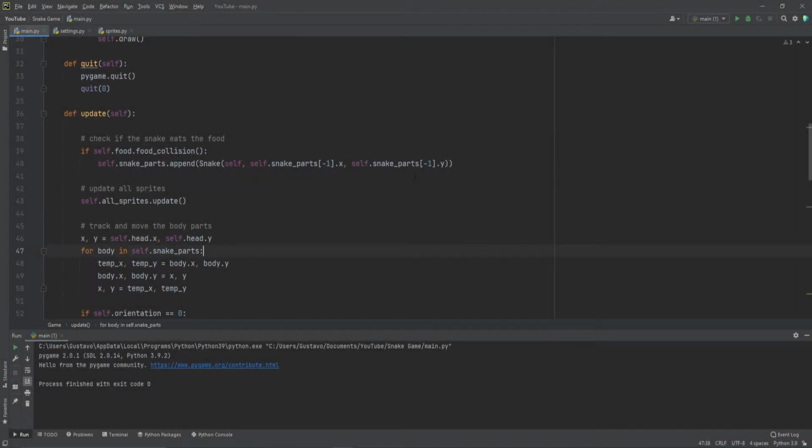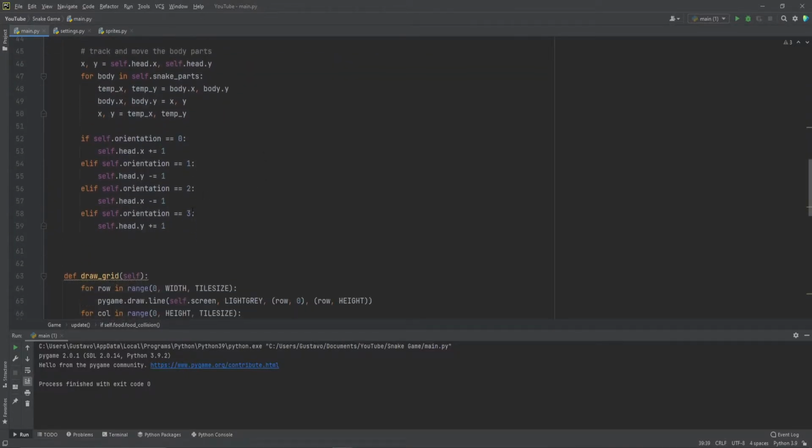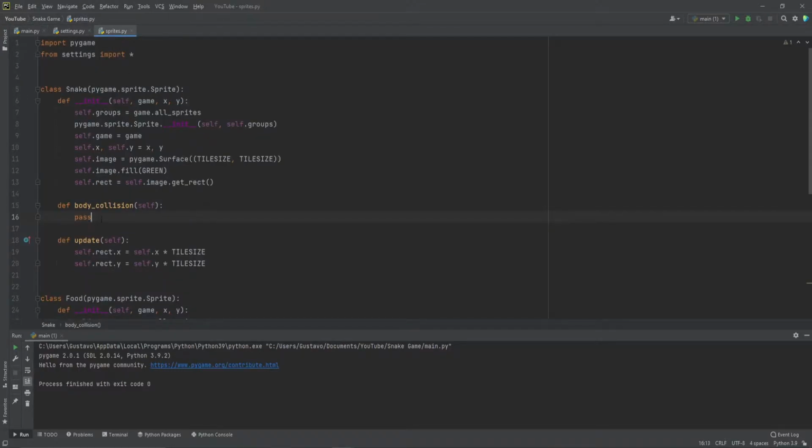Okay, so the next thing to do now, as we did the foot collision, so let's do the body collision. That means if the head hits any parts of the body of the snake, then we just game over, we just finish the game, right? So let's go into our sprites document. We have this body collision function here,